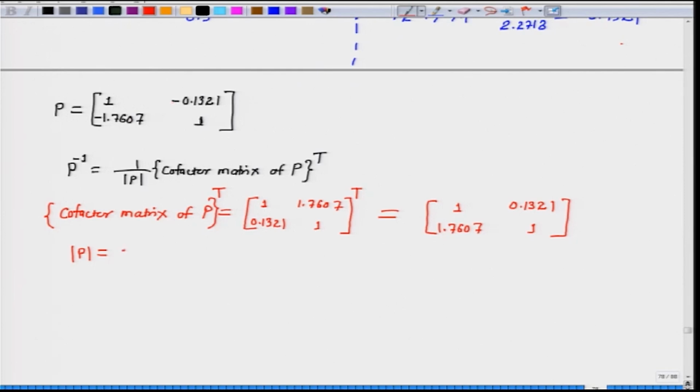So, this will be 1 minus 0.1321 times 1.7607, which comes out to be 0.7674. To find P inverse, we divide the transpose of cofactor of P by the determinant of P, and so we get P inverse. So, let us write here P inverse we have obtained as